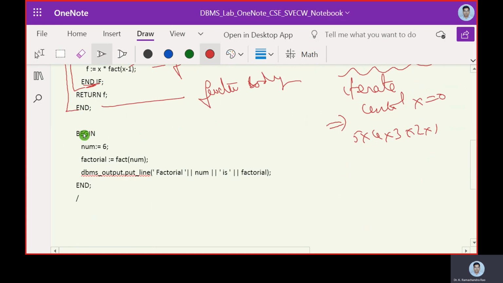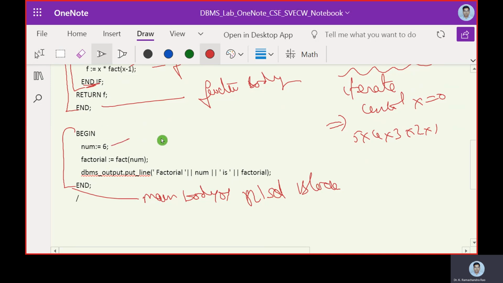Next comes the main body of the PLSQL block. Now we have number equals 6 and factorial.